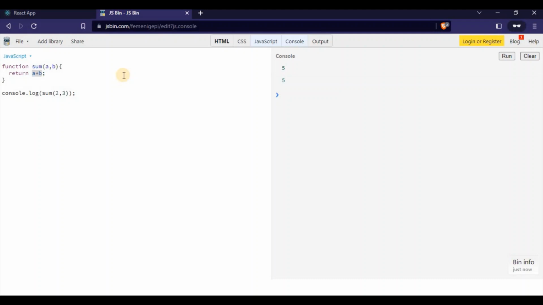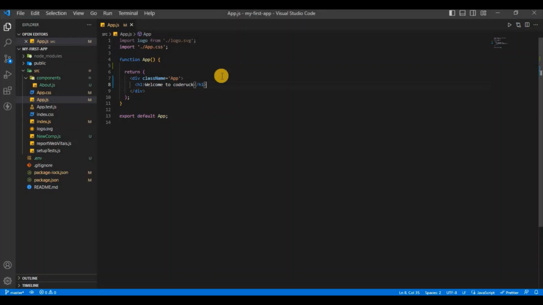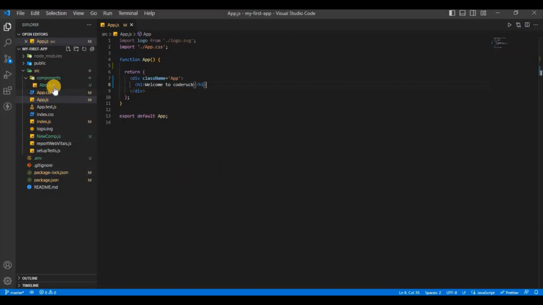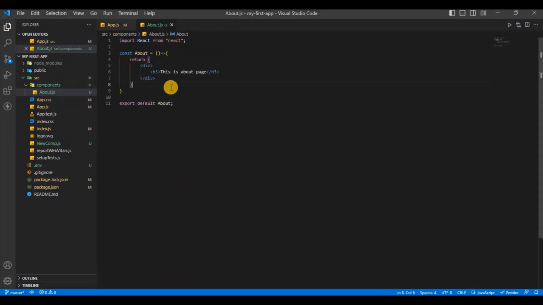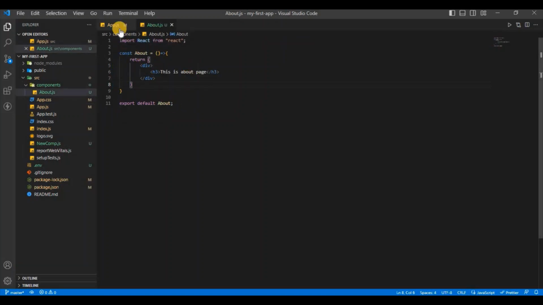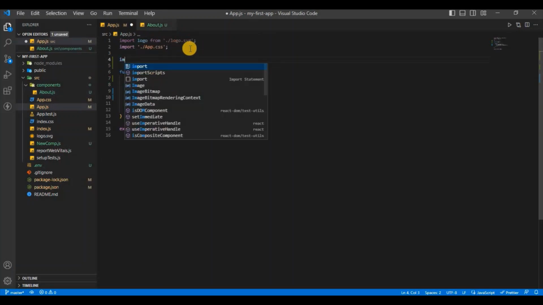Now we will see how you can implement this in your React application, or how you can pass props from one component to another component, or from parent to child component. You can see I already have one React application which is up and running, and I have one root app component which is app.js, which is also running fine. Now I have created one about.js component. At first we are going to call the about component in our app component, so at first we will import About,